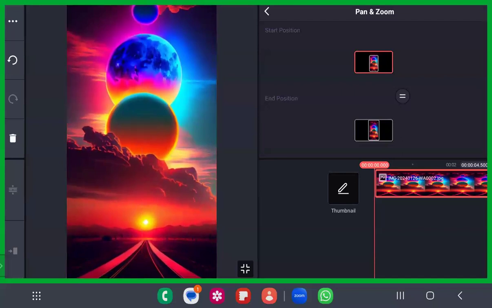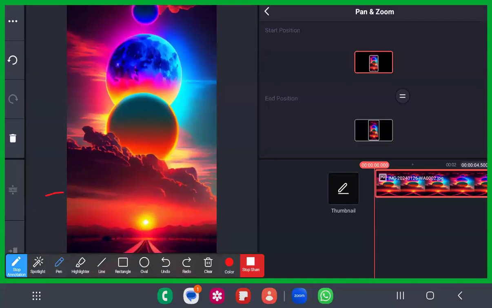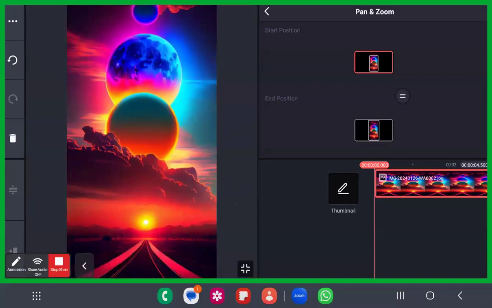Do not let the black area appear here, because it won't fill the screen if the black areas are there. You have to fill the photos or any videos into the screen, or else the videos won't appear in a good manner, right? It won't look like a professionally edited video. It will just look like a plain video. It won't seem good if it is not properly aligned to the screen. Fine, dear sisters and brothers.